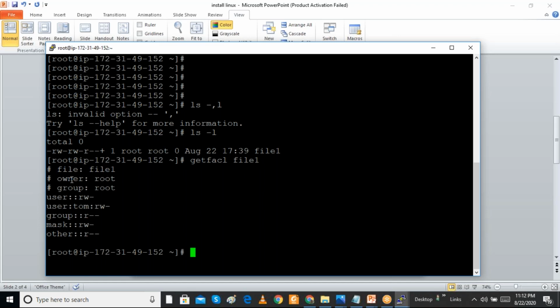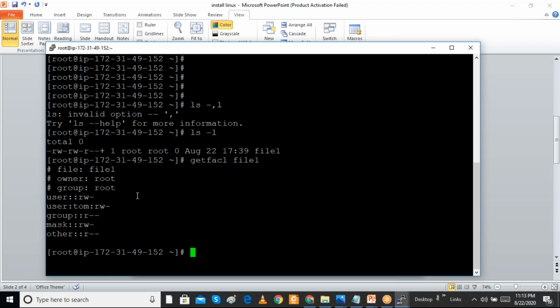For file1, the owner is root and the group is root, we can understand from here. The user, meaning the owner, has rw permission, and the group also has read and write permissions. There is also a mask value, and we can give permission for other users.